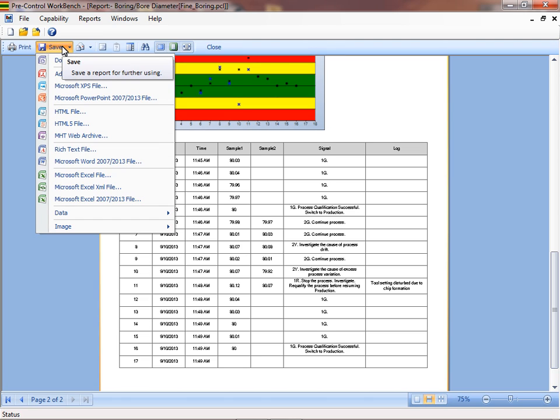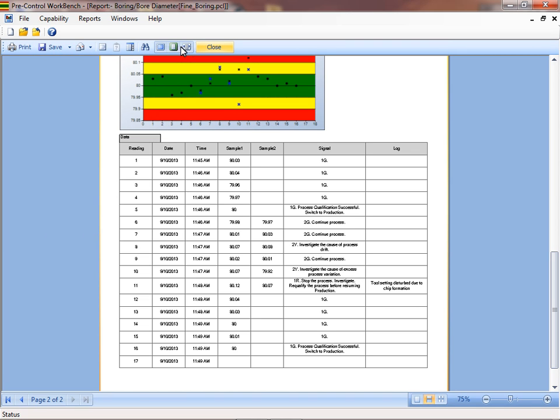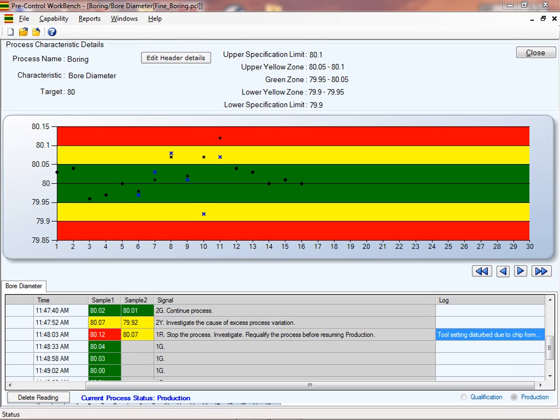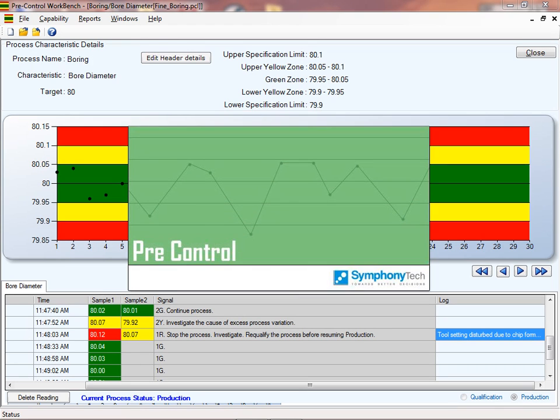Print or share the reports as required. Implementing pre-control with pre-control workbench software is as simple as ABC.